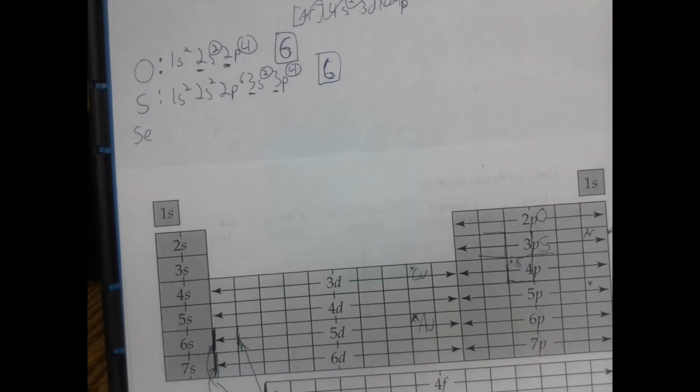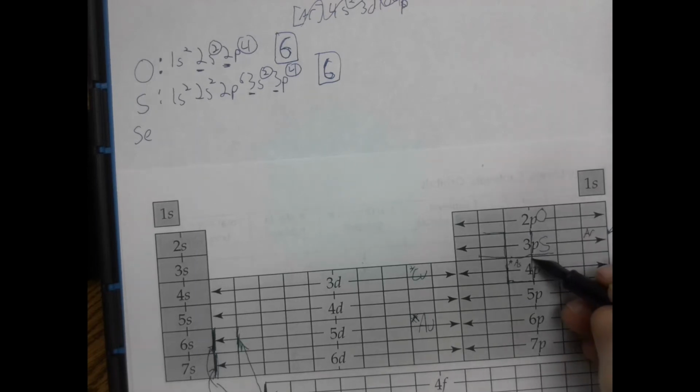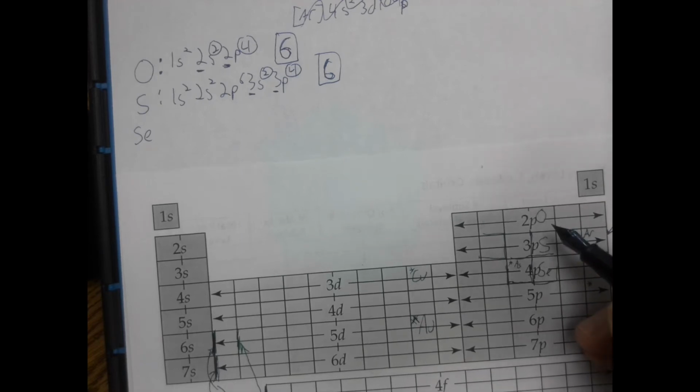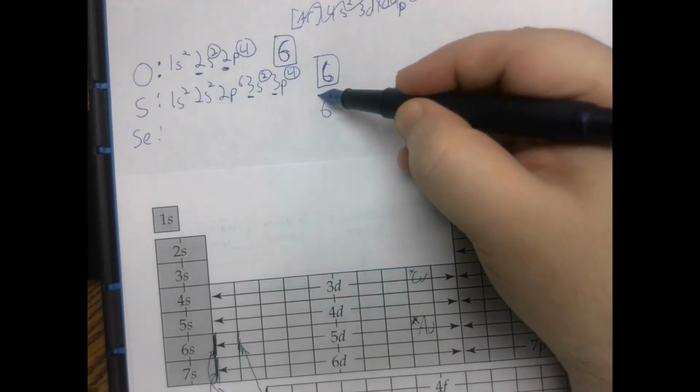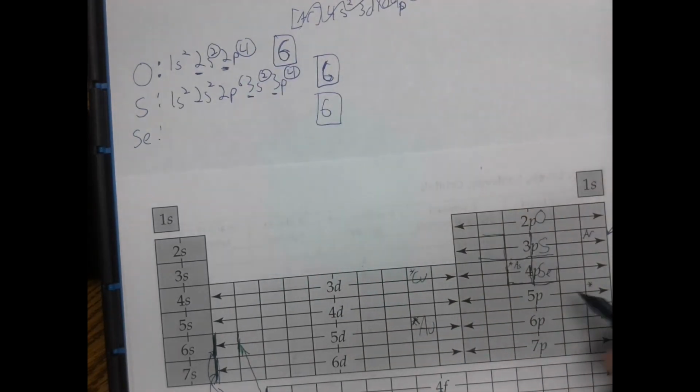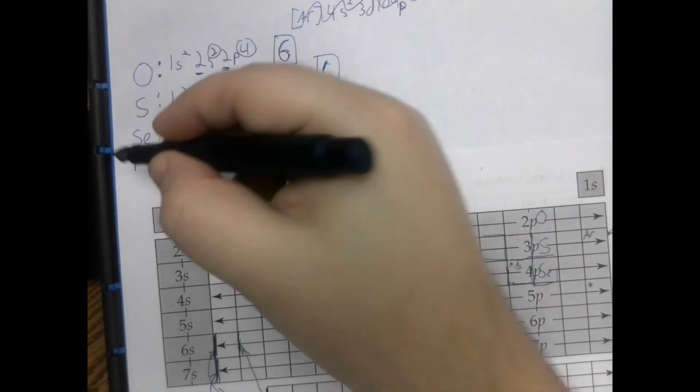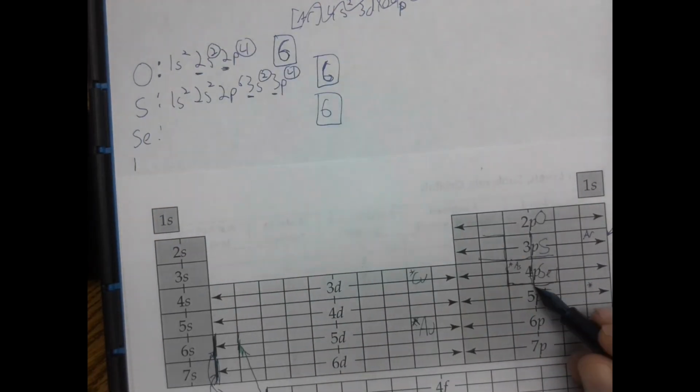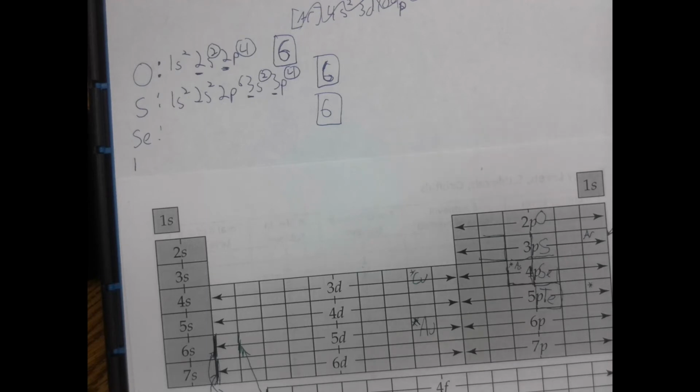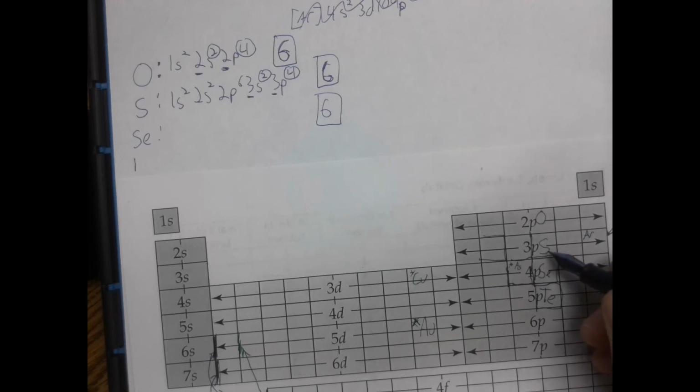Y'all notice a pattern? Selenium has 6. What do you think tellurium would be? The one right below selenium. 6. Alright,